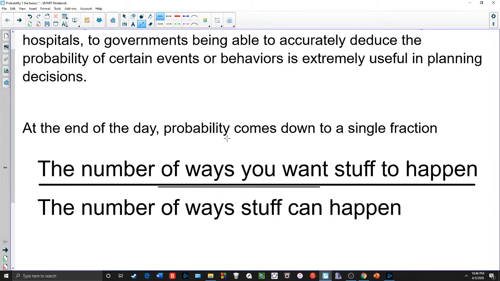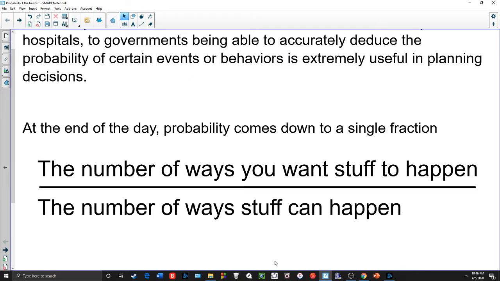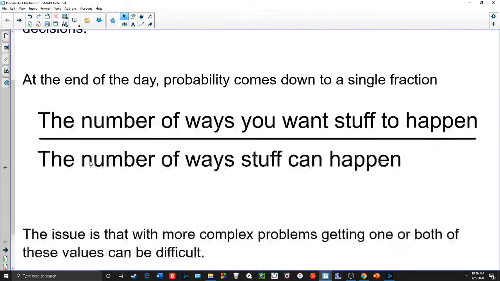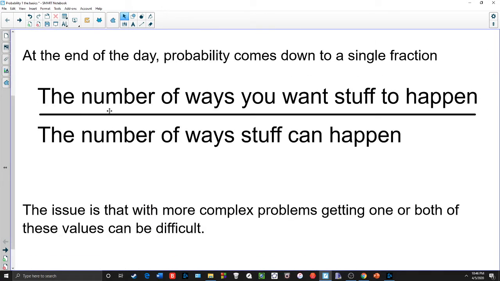There we go. So this fraction here is basically what we're trying to get at each time we're doing a probability problem. How many ways can we get something to happen that we want versus how many ways can something happen in total given a situation. Now the problem is that when you have more advanced problems, these numbers become more difficult